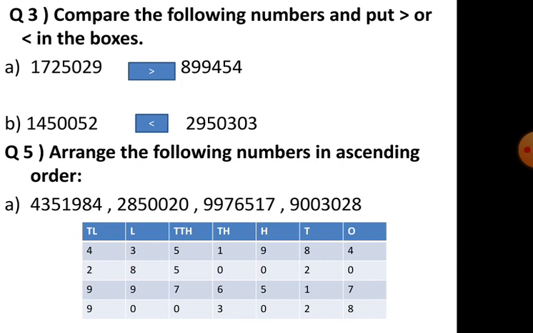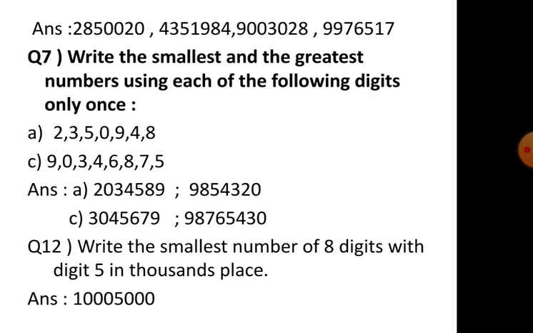Okay. Next comes our 4, the first one. Next, both numbers have 9 in the 10 lakhs place. So when 9 is in the 10 lakhs place, we will see the lakhs place. For the last number the digit is 0 and for the second last it is 9. So that will be smaller. And the last will be the third one. In that way we can arrange the numbers from small to big.